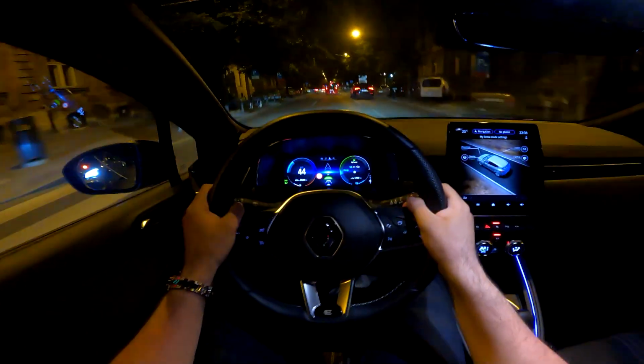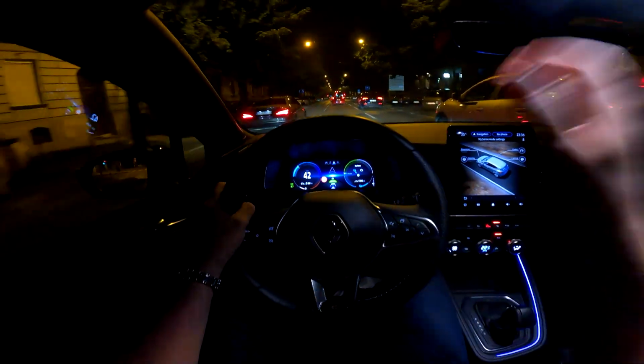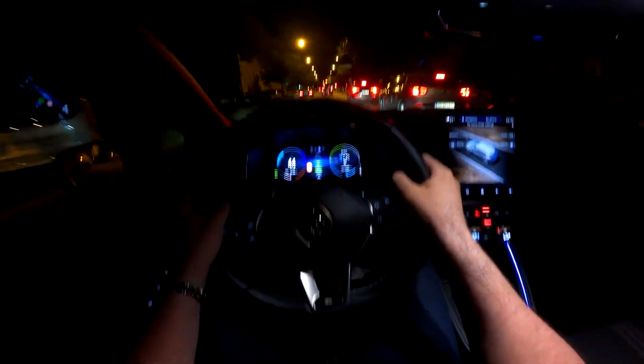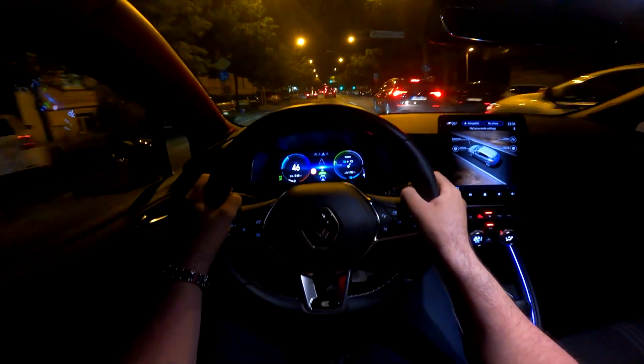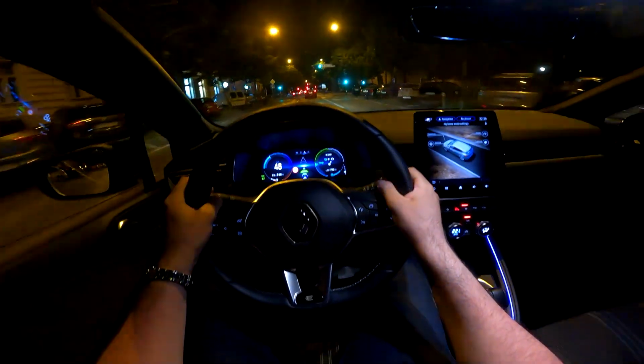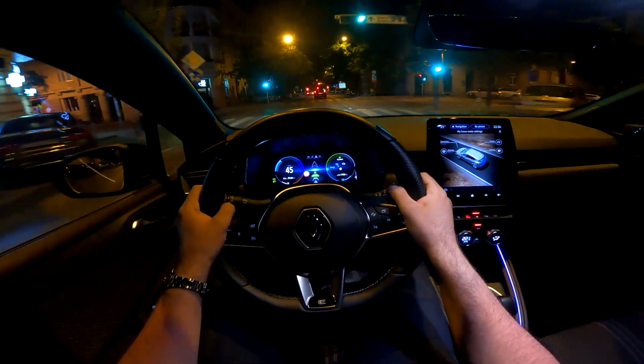So this is the benefit of filming the night point of view drives a bit earlier. More traffic, but also some interesting cars around us as well. So we are now in the My Sense mode,